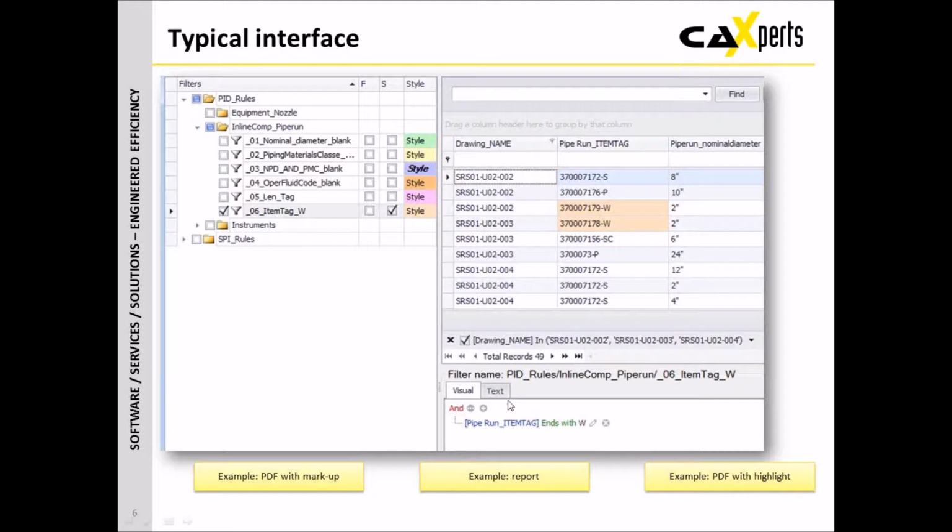The grid above is displaying the data, which in this case is coming from P&ID. And here you can apply rules. So for instance, all the item tags that end with W are shown in this orange color, and you can also apply other checks like empty material class, missing nominal diameters, etc. So if we have a look at the results, maybe first at the report,